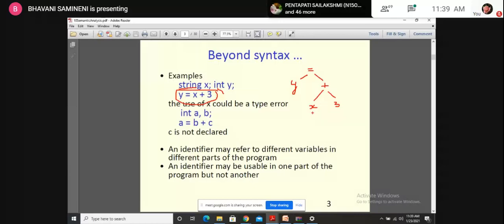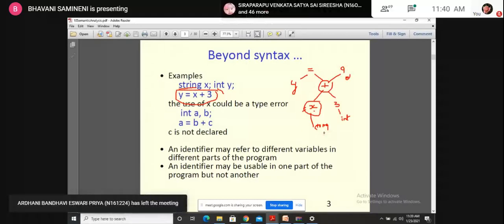Okay, so during this construction of the parse tree, we will not get any error, but while matching the data types, let's see here. Here x is a string operand. When we are parsing this, x will be taken as a string, and here 3 is a constant of type integer. Now we are going to execute the addition for one string operand and one integer operand. Here it will produce some kind of error, right? Okay, and further this can be carried out here.